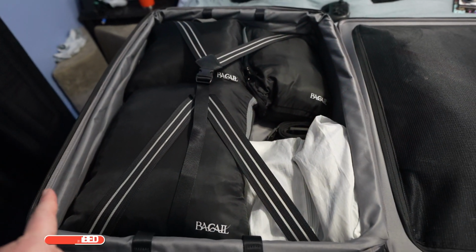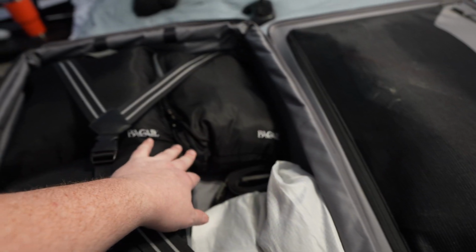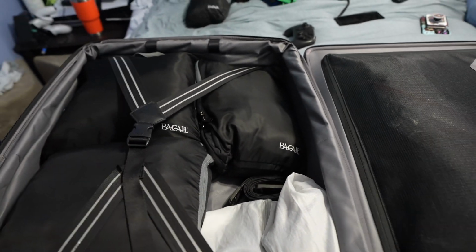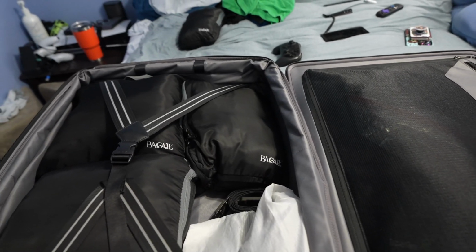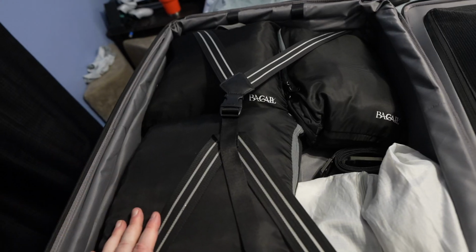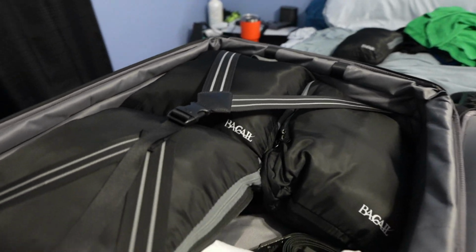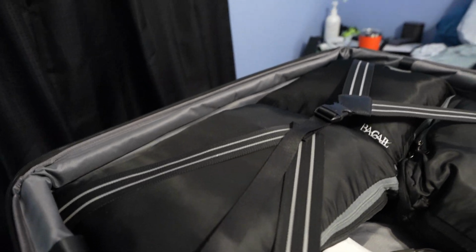My turn to get my suitcase packed. So here's my clothes. This is actually the clothes for the day. We stay at the hotel one night. That's the clothes so that I have for the next day. These are my stay clothes: boxers, socks, shirts, pants, shorts, all that fun stuff. And then over on this side,